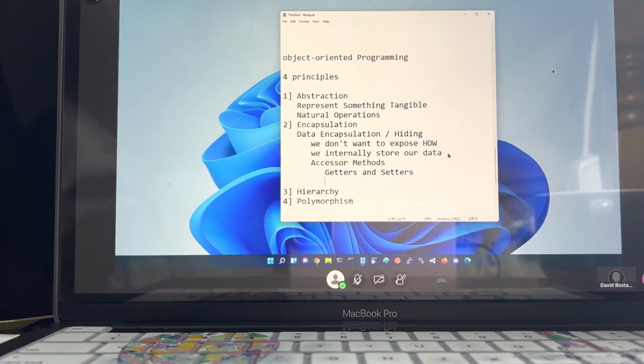But I will provide people that need to get the data with something we will call a getter. And if they need to change the data, something we call a setter. Now let's say that I had a private variable stored internally as an integer called grade.